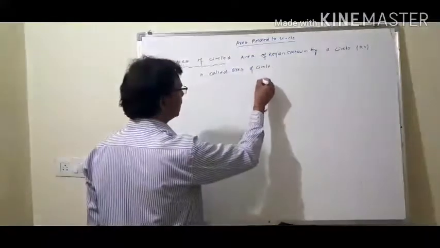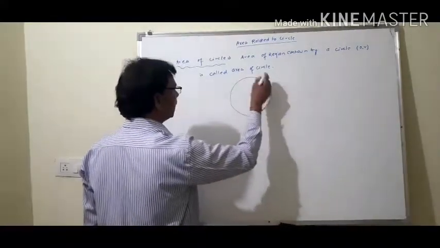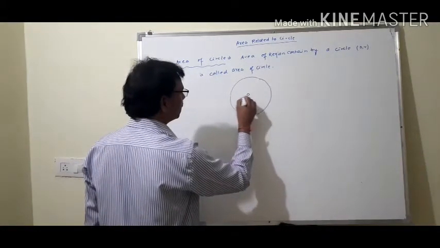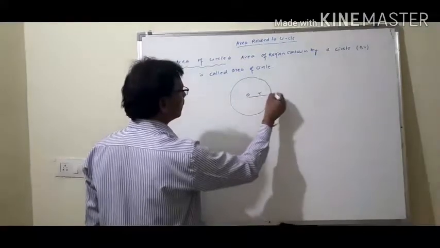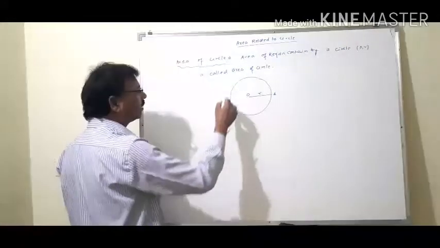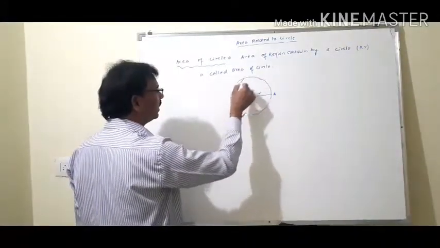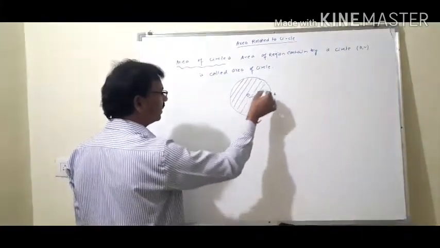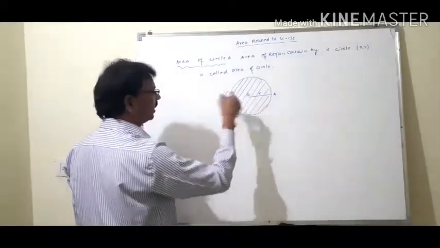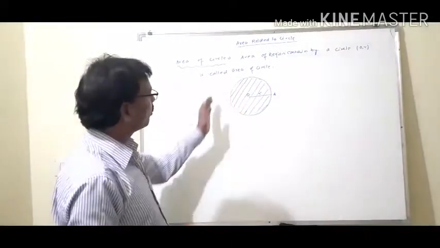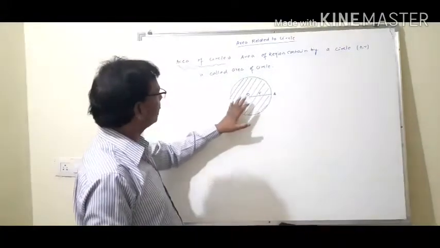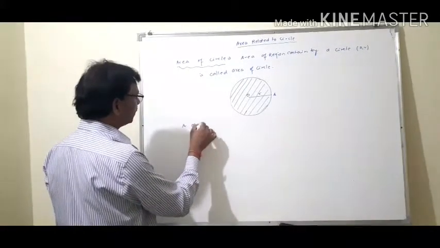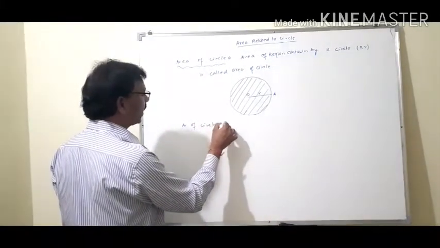Suppose this is a circle whose center is O and radius is R. Suppose OA equals R. Then what will be the area? Area means the region contained by this circle. That means this region is known as the area. How much area is occupied by this circle is known as its area, and it is given by area of circle equal to pi r square,